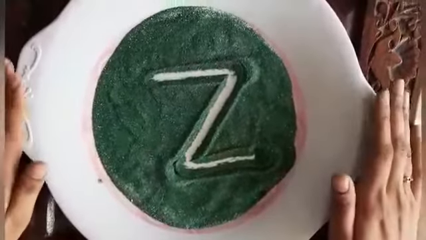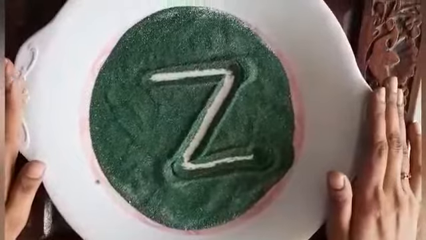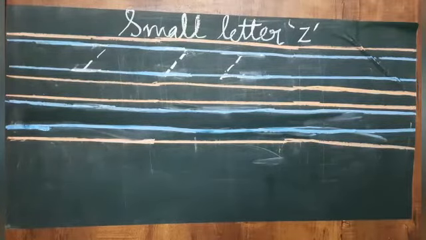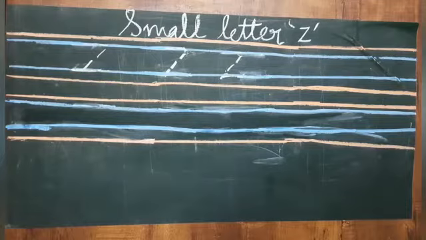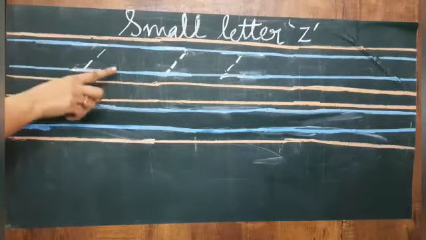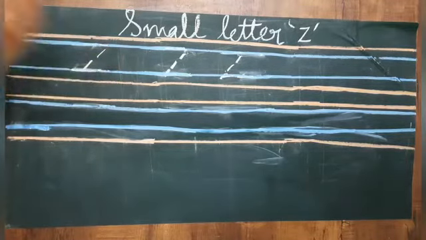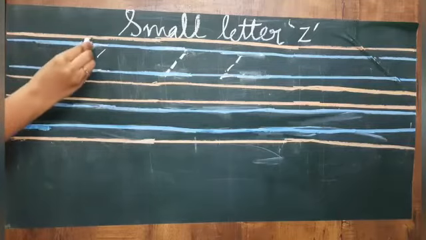Now let's start writing in our books. So children, open your page number 32 and page number 33. What can we all see in page number 32? You all have to do tracing of letter Z. So let us start doing that. Remember children, you all have to write in between the two blue lines only. Okay? So let us start tracing.